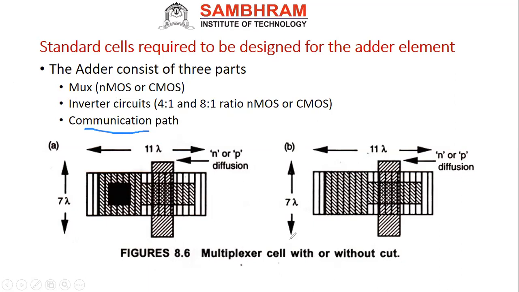Now here we are showing the multiplexer cell, with and without contact. First, you see the layers the multiplexer has. Here they specified N or P diffusion, because it can be any diffusion. This is the diffusion, then this will be your polysilicon. Because for creating a transistor, assume that we are creating a transistor, they are drawn like this only. Let me draw, first draw the NMOS.